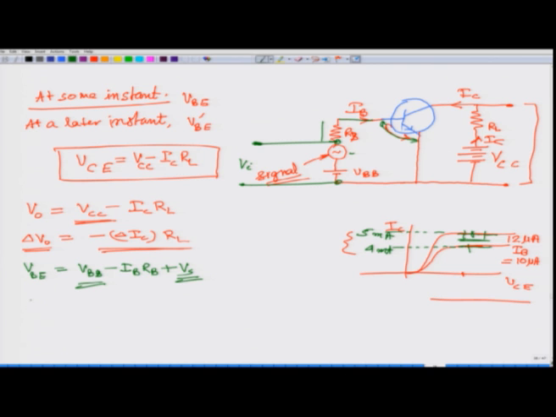Okay. And so, you can write that delta VBE is equal to minus delta IB times RB and whatever is change in this signal, delta Vs, whatever is change in your signal in that time delta t. So, this is like that, and delta VBE, if you can neglect,